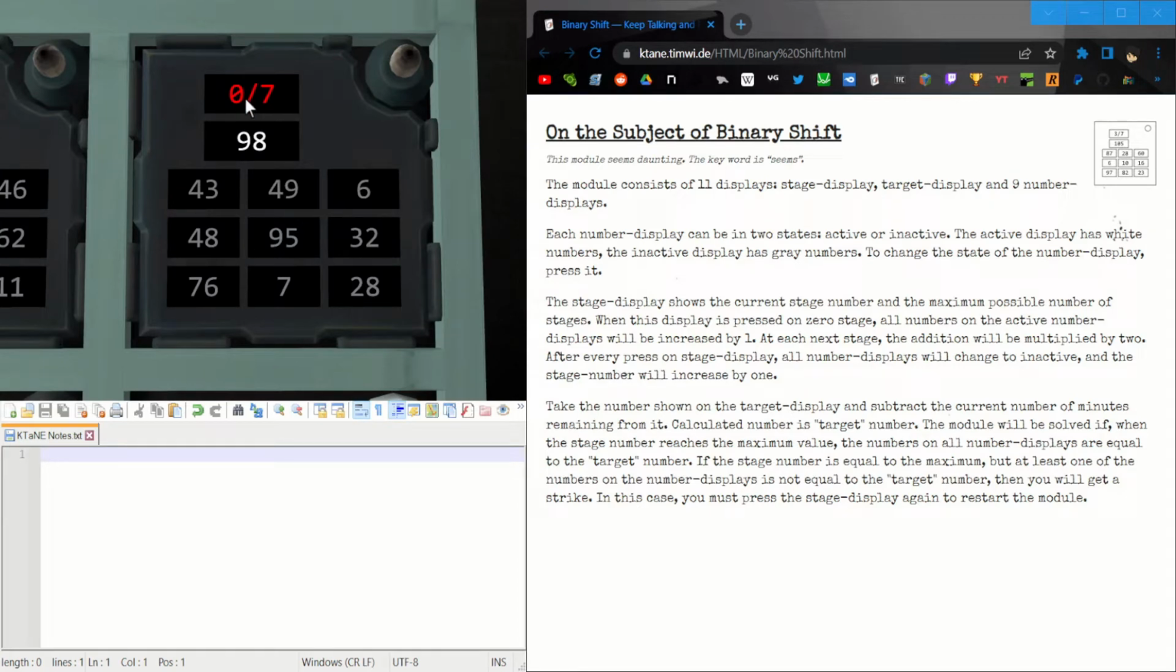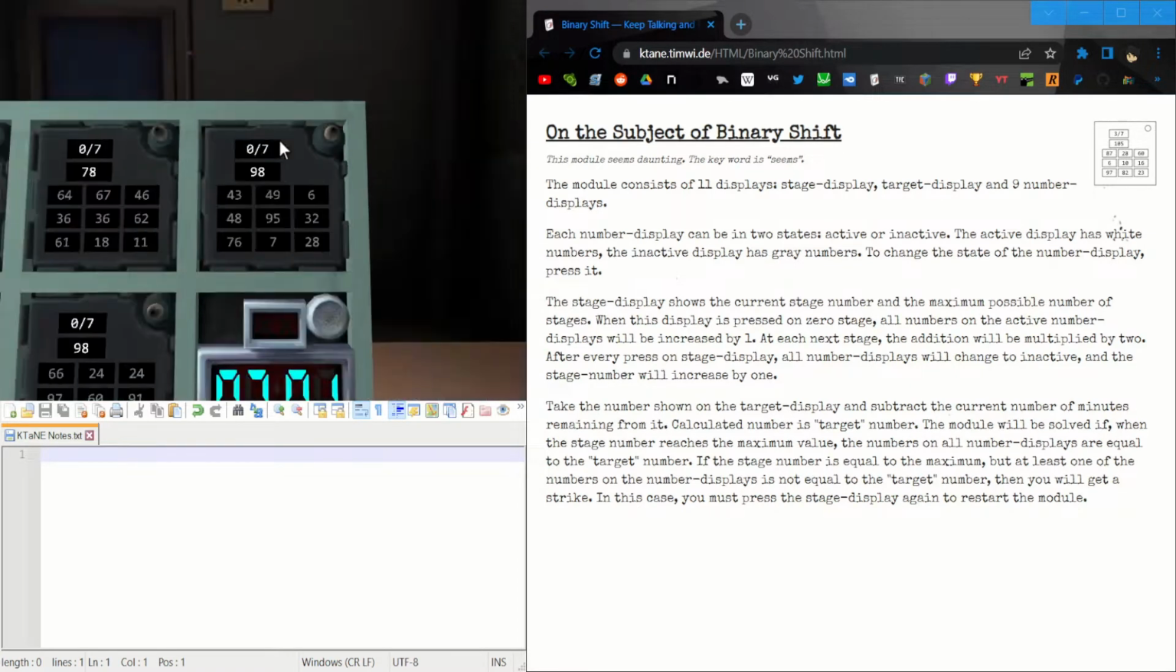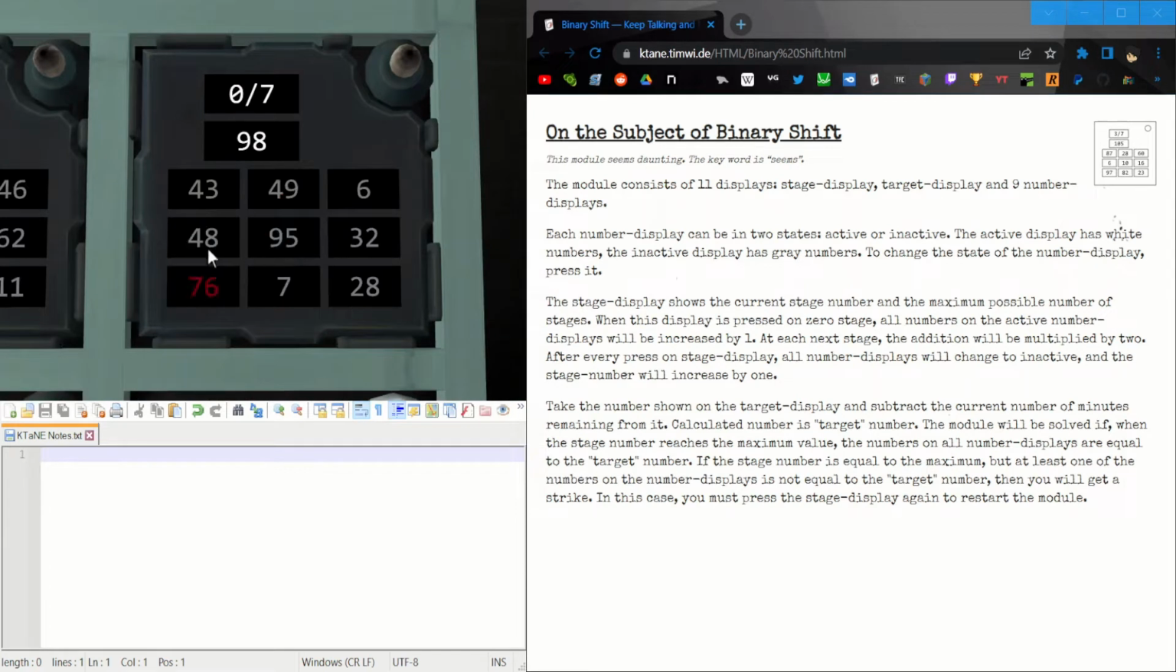It'll always start with 0 out of 7 and a number right here, and 9 other buttons with numbers on them we can press. We can select them and deselect them, as well as this, which will be used to advance the stages. So how this module works is we need to get all of these numbers to equal the target, but we can only add them by certain numbers every stage. So what you're effectively going to do is keep adding numbers each stage until every single one of these numbers